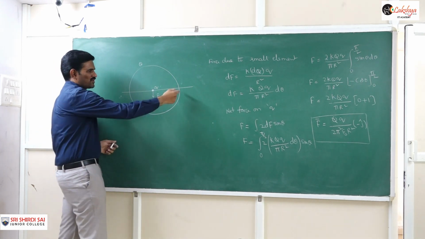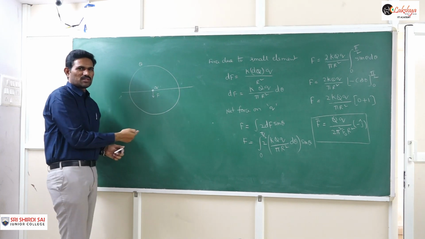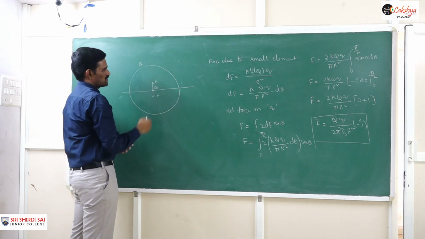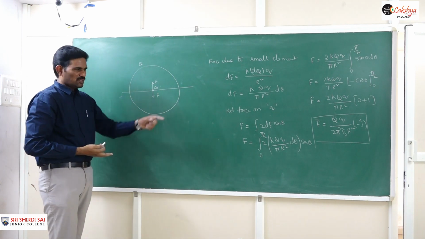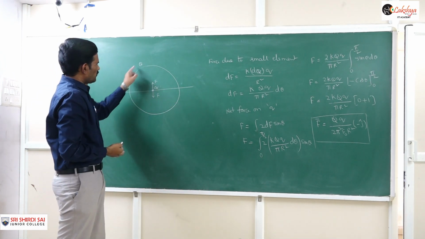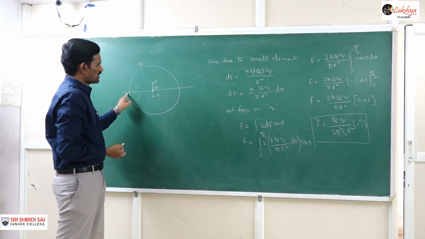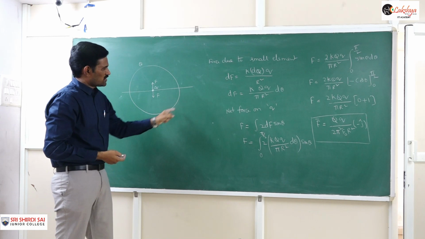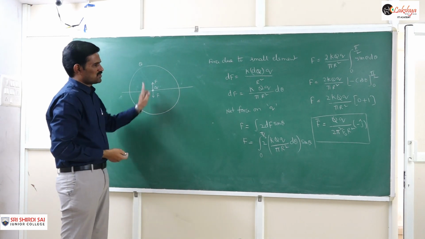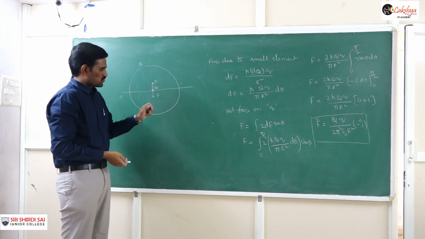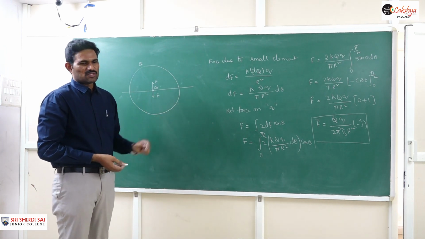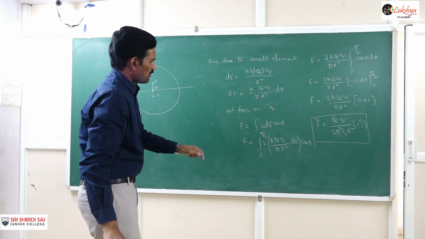And due to this lower semicircle, again the force will be there. That is also repulsive force. Then the same amount of force will be there along this direction, right? Just now we discussed. Due to the upper semicircle, the force acting on this will be in downward direction. And due to the lower semicircle, the force acting on this will be in upward direction. And so the net force acting on this will be 0. So the net force acting on this ring is 0, if the complete ring is given.